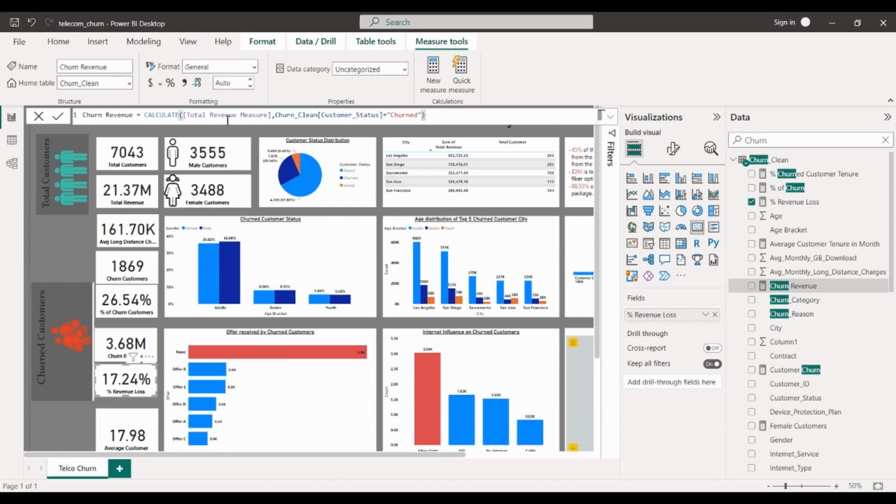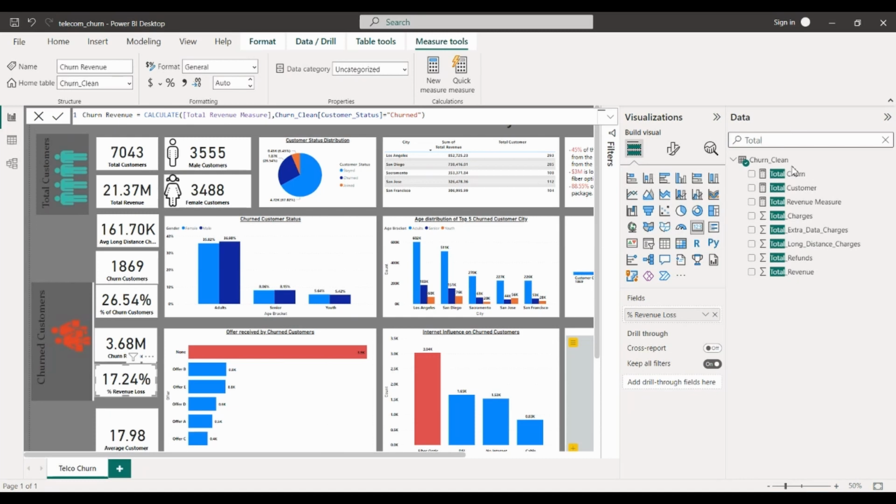What the total revenue measure is, is the sum of all revenue. So I calculate the total revenue measure first. Total revenue is the sum of all total revenue, and then later